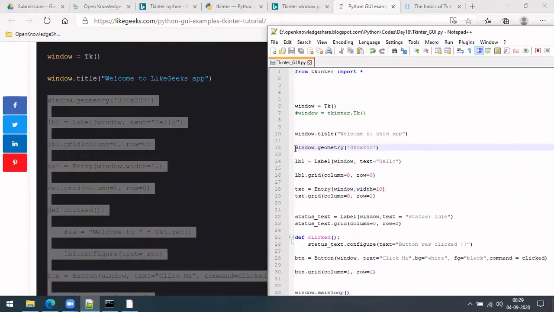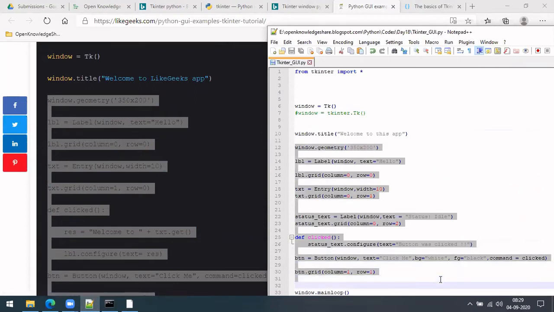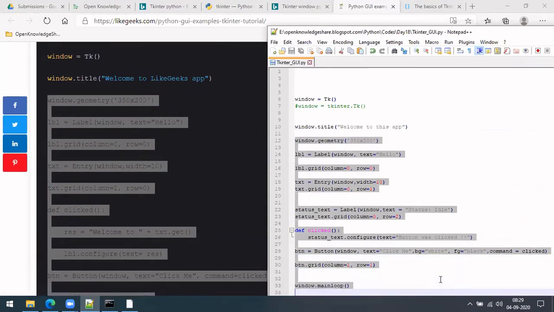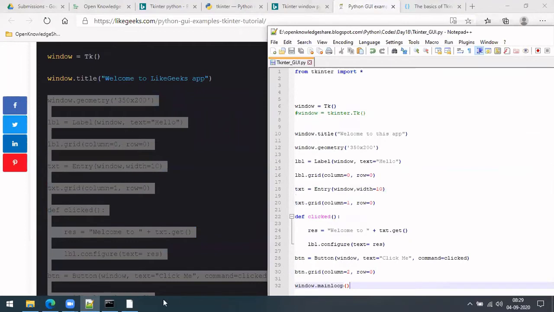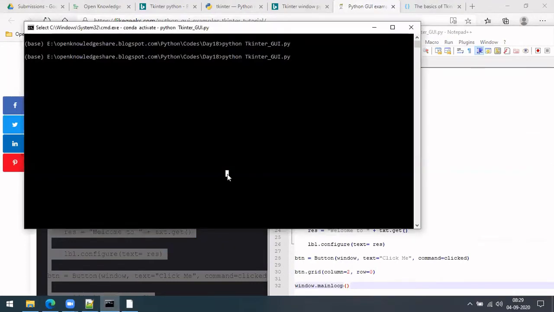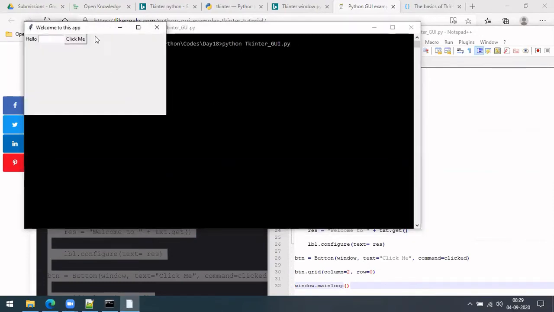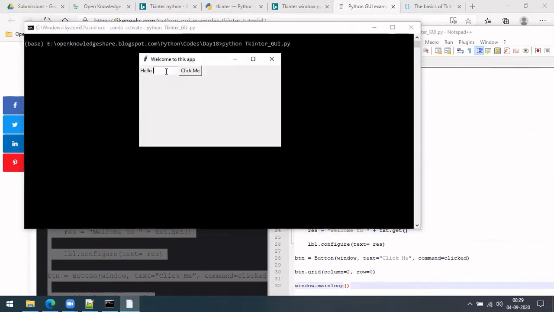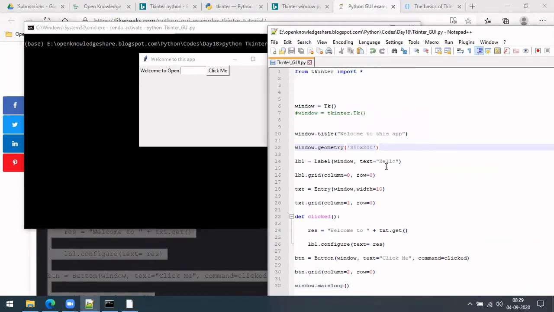Okay, so it's the same thing, just that instead of always copying the entire thing, I'll be... So let's see now what will happen. See, hello, click me is there, right? So if I enter something here, okay, open, and I click here. So welcome to open. It's like enter your name, something like this, okay? So let me put enter your name,